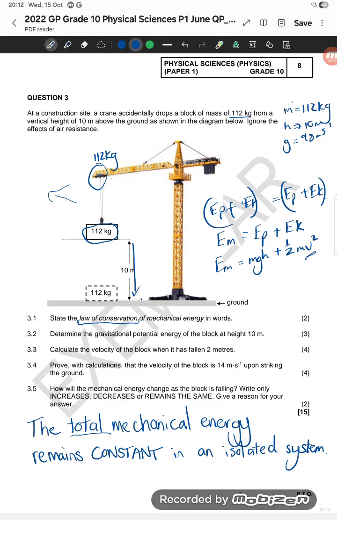Okay. Determine the gravitational potential energy of the block at height 10 meters. Easy. 3 marks. You're going to write your formula, you're going to sub in, and you're going to get an answer. Very easy. EP is equal to mgh, the mass equals 112, because it's measured in kilograms. Make sure you get the measurements. It's got to be the right units. Times 9.8. That's a constant for gravitational acceleration towards the Earth, times 10 meters, which will give you